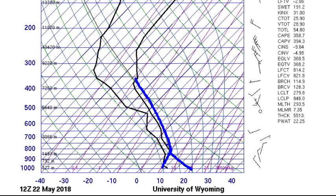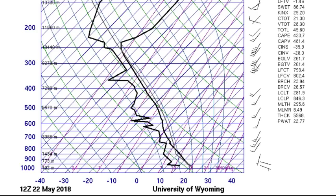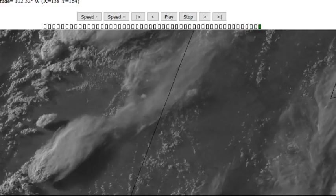The parcel lifts are going to run like that, kind of short and skinny. Looking at basically threshold thunderstorm instability and a little bit of 20 to 30 knot winds aloft. But those did look like they were stronger as you get into Germany. Yeah, there we are. We pick up some 30 to 35 knot winds in that area. One more parcel lift for the road there. That's about as good as I can do just drawing with a mouse. But yeah, long skinny CAPE. So these are definitely not severe weather type skew-Ts. But maybe with the addition of those stronger upper level winds later in the week, that might get some stuff going there. So that brings us to